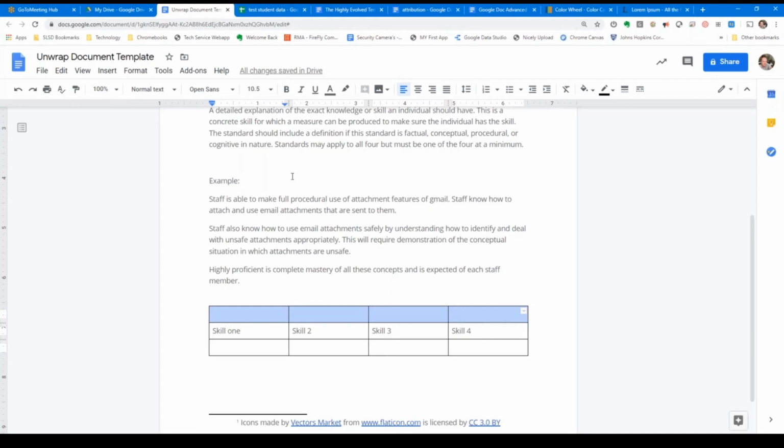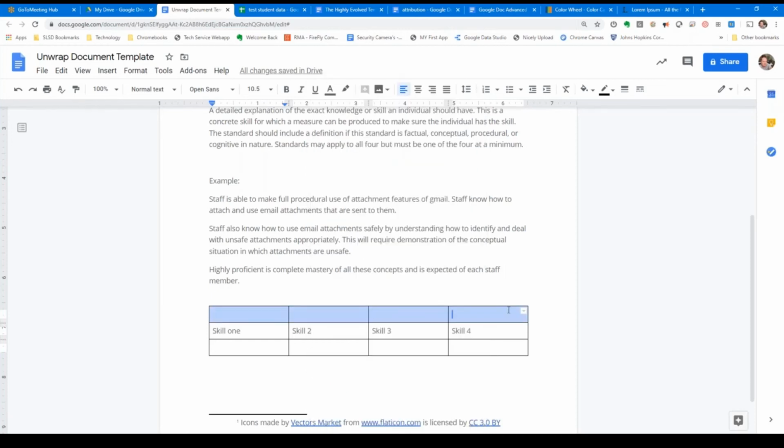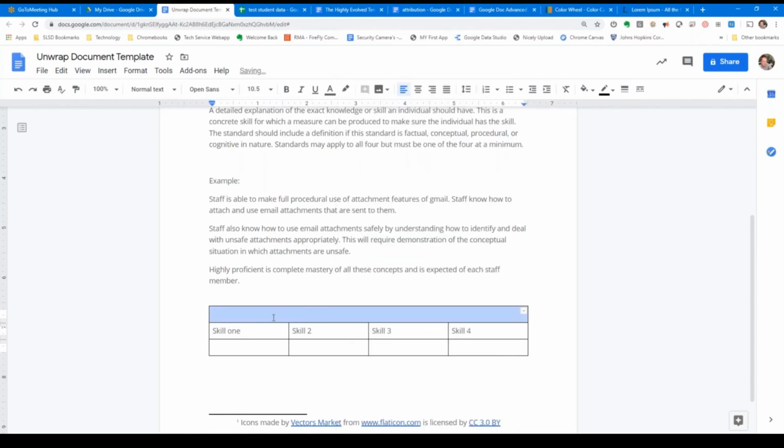And how I can do that is, I'm just going to right click on that and say, where's merge? Merge cells. I want to merge those cells. I can insert rows above, insert another column, but by right clicking on the table, there's all kinds of options of things I can do with that table. I can even go into table properties, but this is going fine. So I'm just going to merge cells, and I'm going to put,